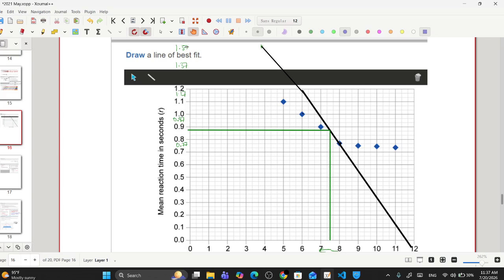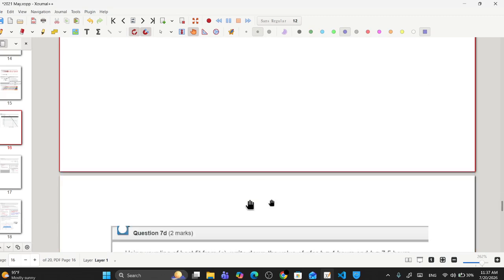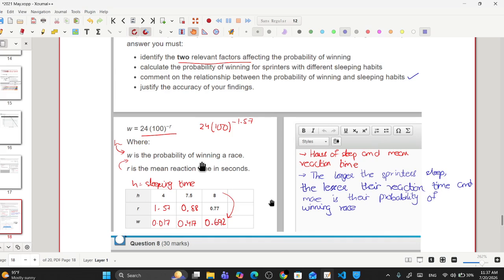Why did we have to do so many calculations? Because in a real world scenario, it is highly unlikely that an athlete rests for just 4 hours a day. It is highly unlikely that an athlete who needs a lot of rest for his or her muscles to function efficiently takes a rest of only 4 hours. That's why when it says justify, justification is not just done using the values given to you in the diagram. Justification is also done with real life situations. So you can say